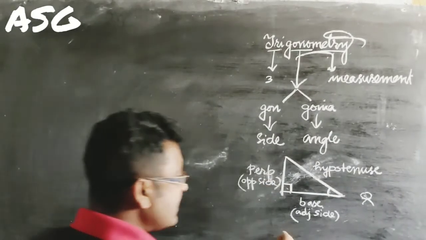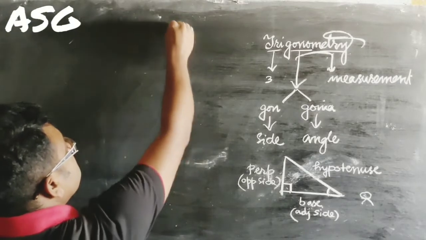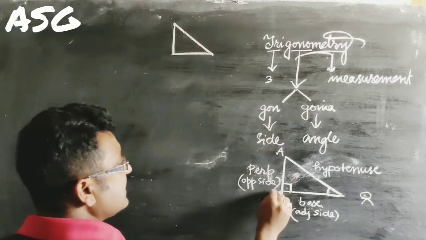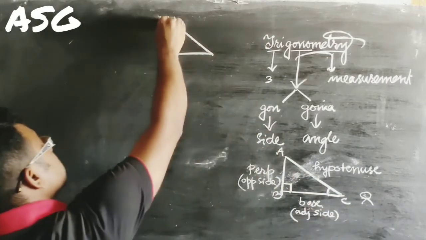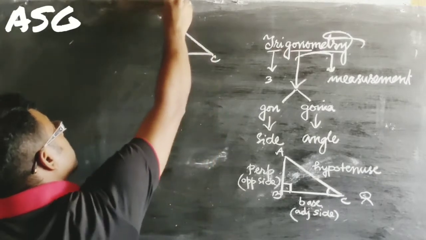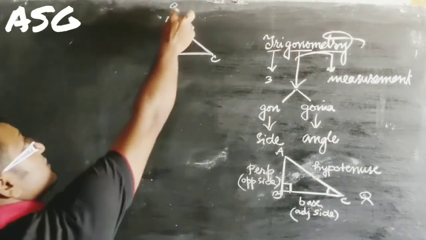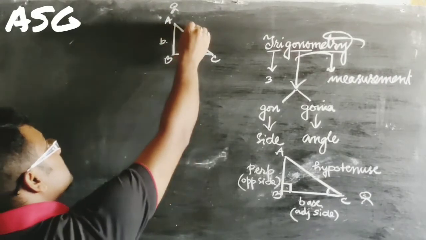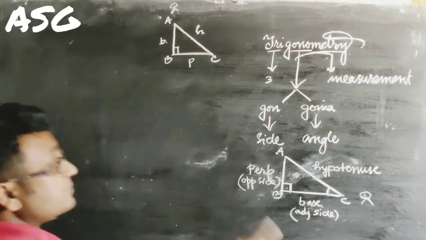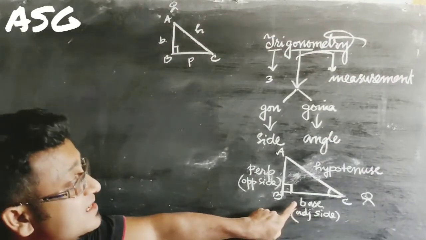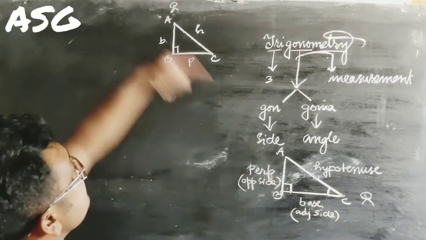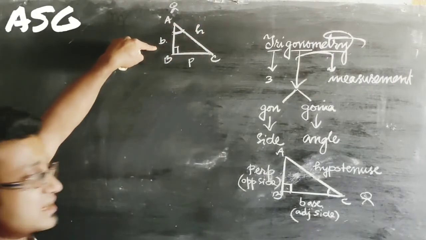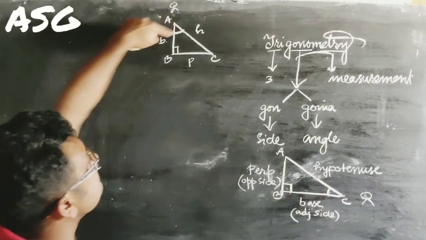Now suppose I have drawn this triangle, A, B, C. Now I am taking the same triangle A, B, C, but you are viewing from this position. If you are the viewer, then for you this will be the base, this will be the perpendicular, and this will be the hypotenuse. So remember, depending on your position, the base of the triangle is going to change. If you are here, this is your base, and if you are here, then this is the base, and this will be the base angle. Clear? Base angle, base.